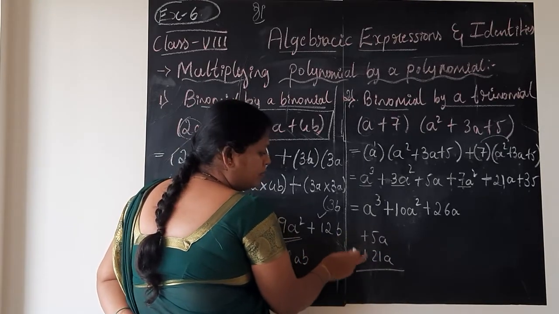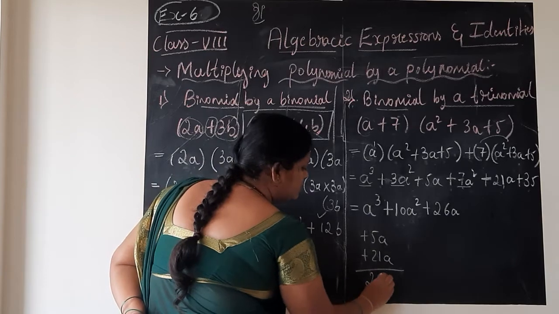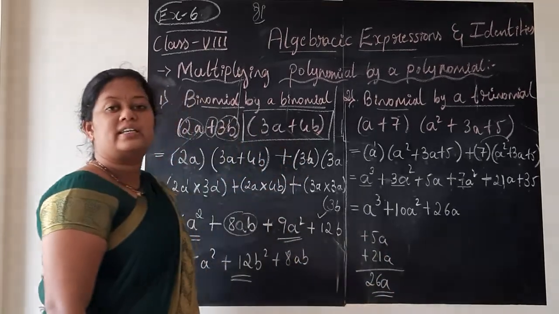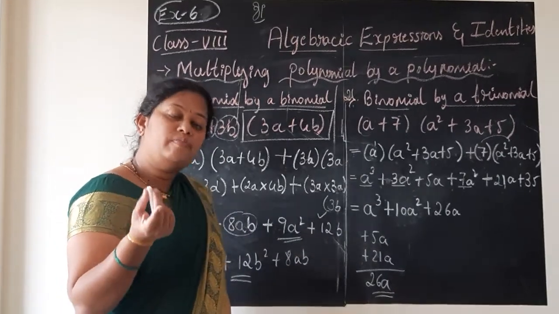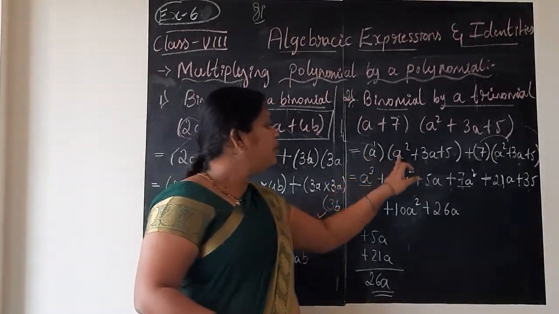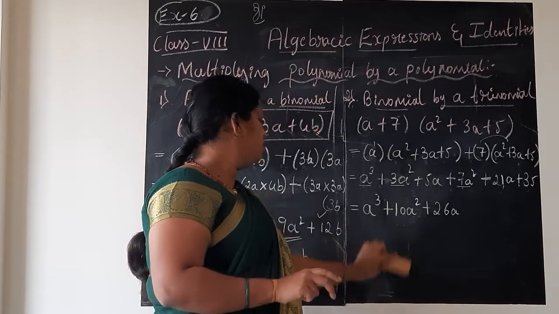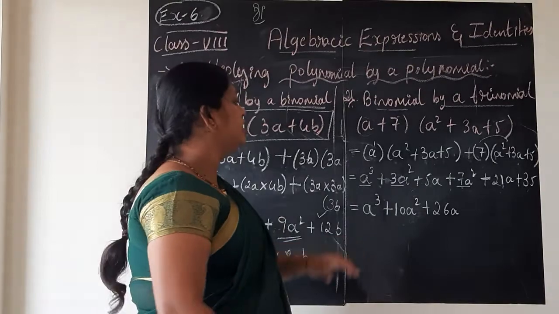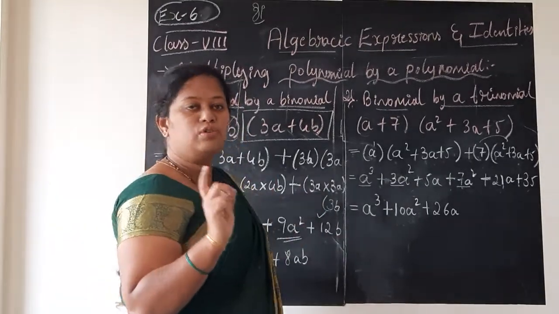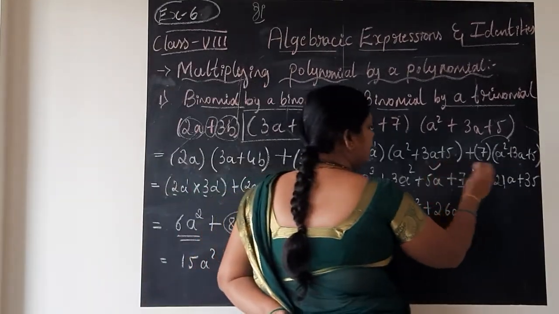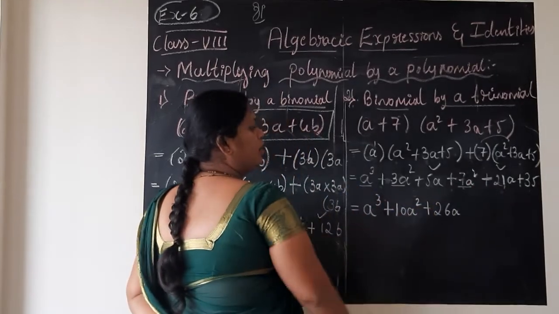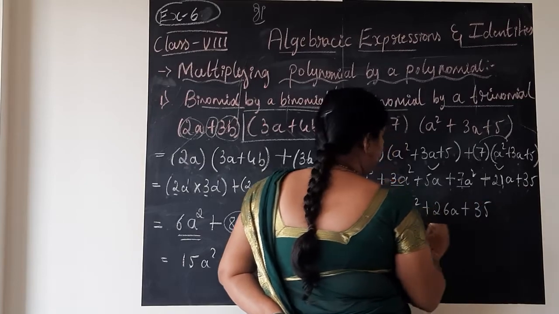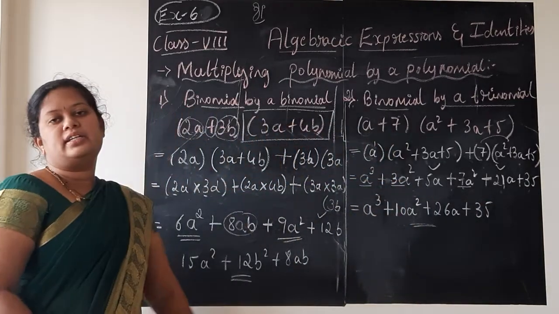No, just both are plus sign means just add. 21 plus 5 is 26. A variable you will retain as it is. But if at all in case of multiplication like this, a into a square when you do, then you need to add their powers, but not in case of addition. So please don't make that mistake. So 5a plus 21a when we did, we got plus 26a. We are left with only plus 35. So write it as it is, and this is the final step, children.